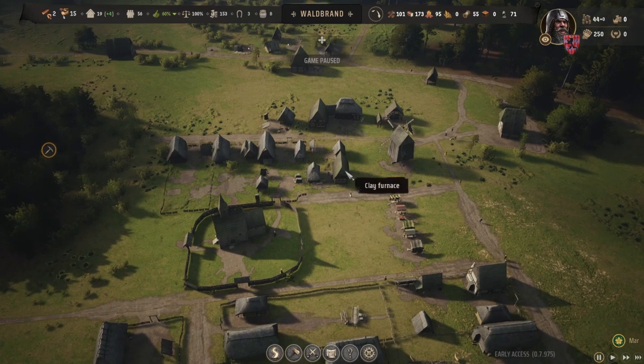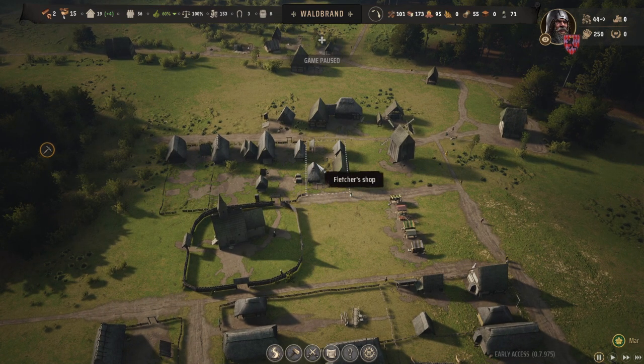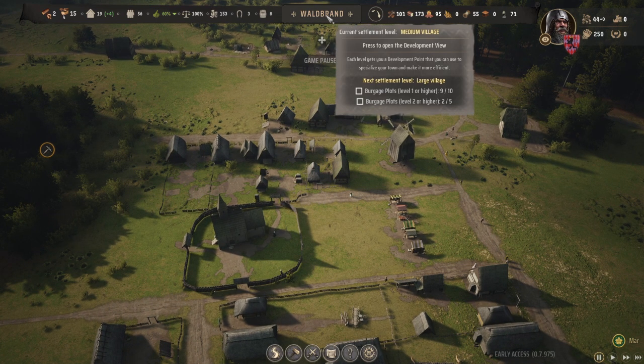Now by this point, hopefully when you start building your building level up, you will be able to allocate development points. So you can see here you start off with a small village, you then become a medium village, large village, small town, and so on. And each time you get to a level you get a development point, but you have to get to a certain point. So for example here it says that I need to have at least 10 buildings at level 1 or higher. So I've only built 9, so I need to have 10,